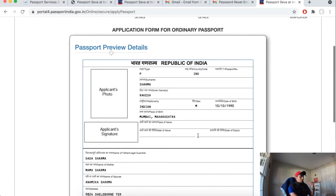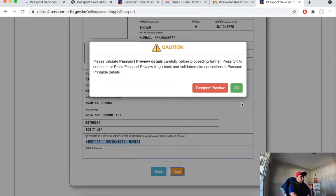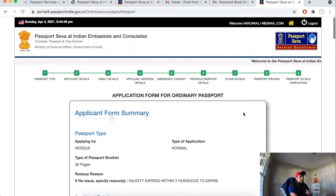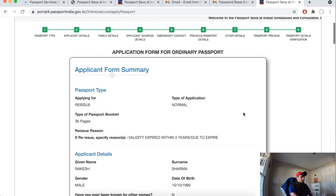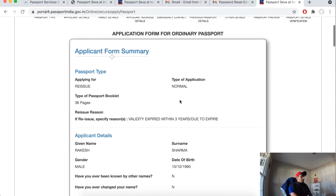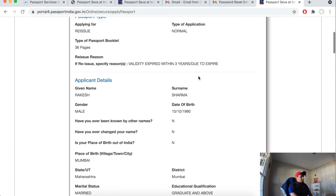So again, it gives you kind of a review, so make sure you do it correctly. And yes, please make sure you review it correctly, because if there's a mistake, you pretty much have to do a new application. So make sure that this is super accurate. And then again, they give you one more proper verification for all the information you provided, not just those 2 pages that we saw, right? So you pretty much see you're doing a reissue. It's a normal application, not an expedited or tatkal,